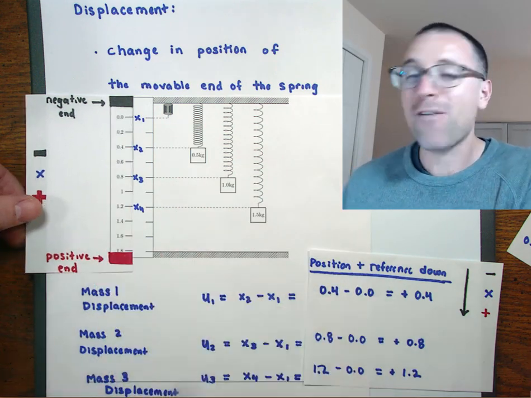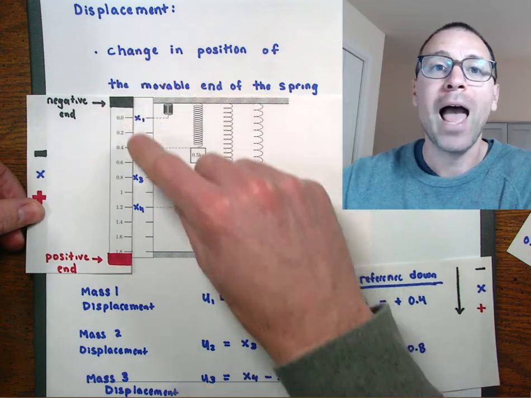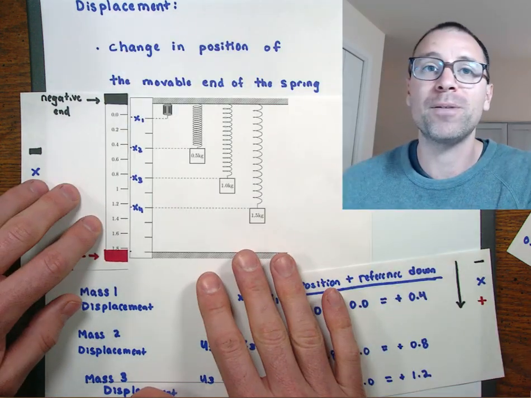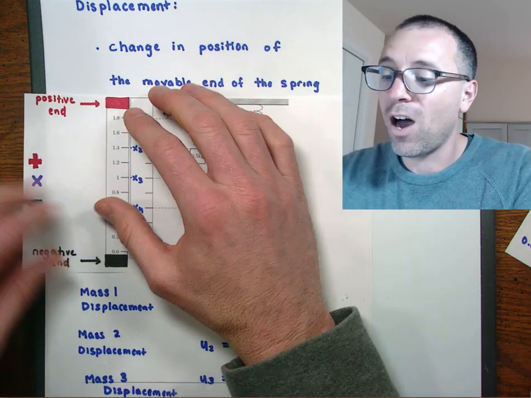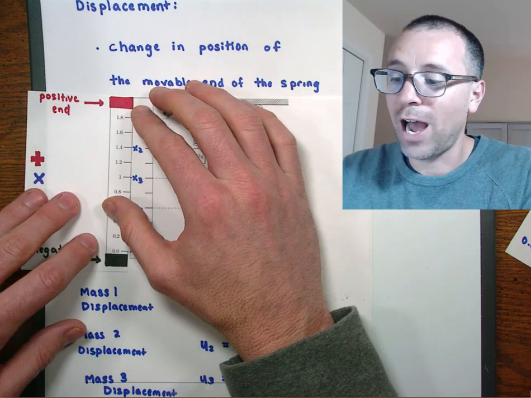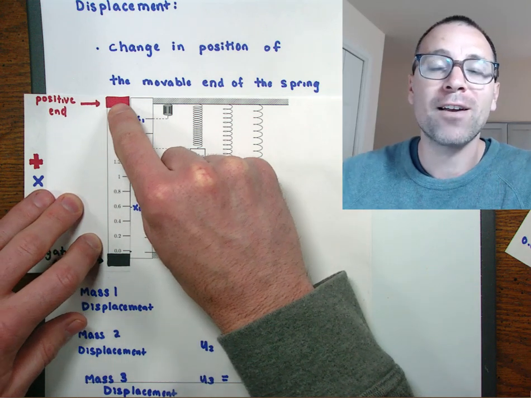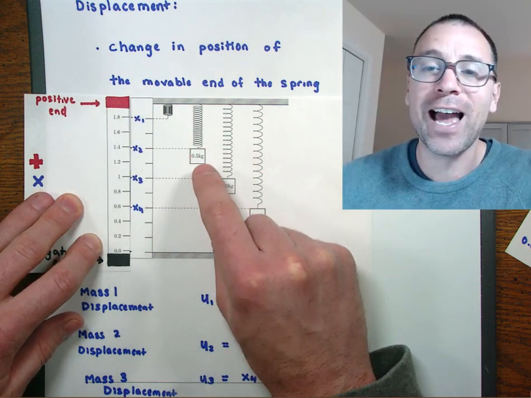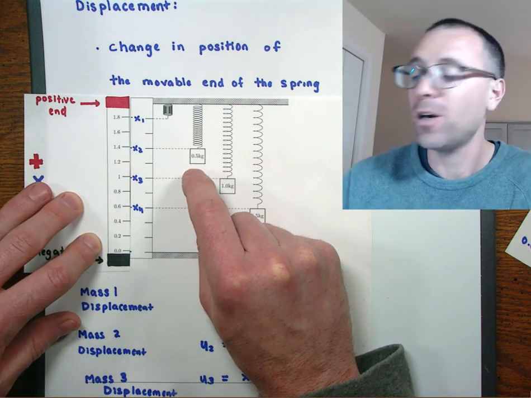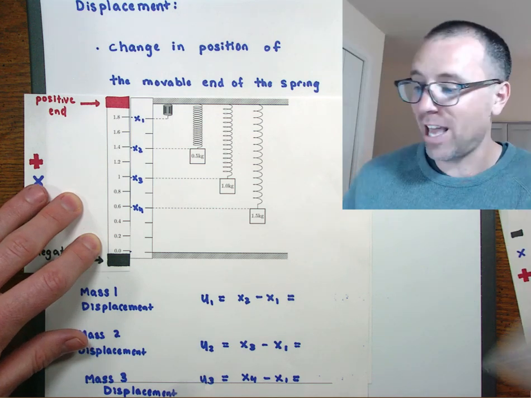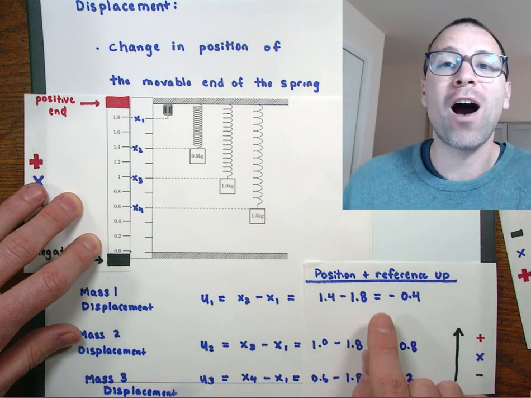On the flip side, if I switch the polarity of my measurement, instead of putting the negative on top and the positive on the bottom so that positive positions go in the downward direction, I could actually switch the polarity of my measuring tool. In particular, I could put the negative end of the measuring tool on the bottom, the positive end on the top. It doesn't change anything having to do with the actual dynamics, the actual physics, what's happening with my experiment. All that occurs is that when I do this, the measurements that I get are actually the opposite polarity.